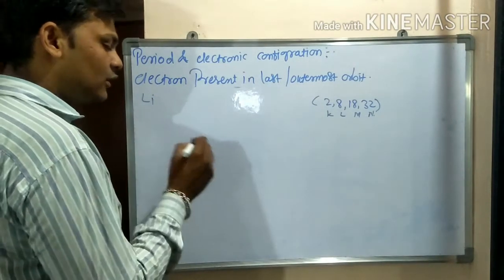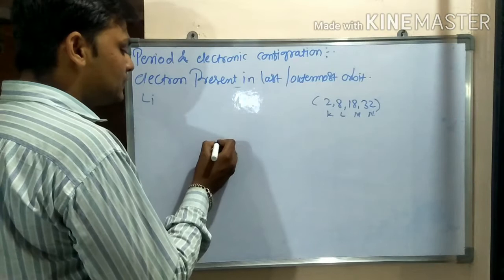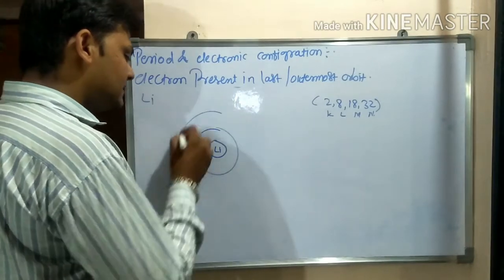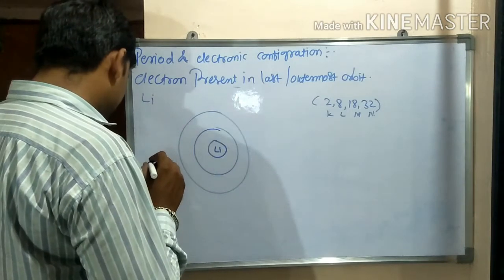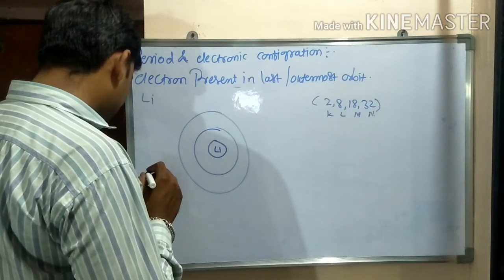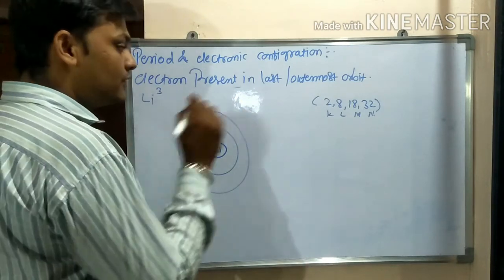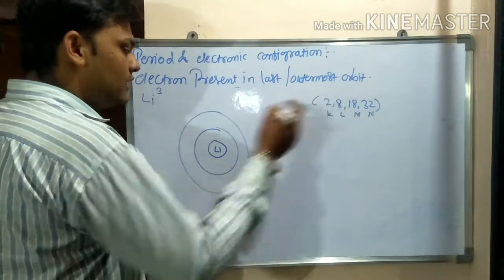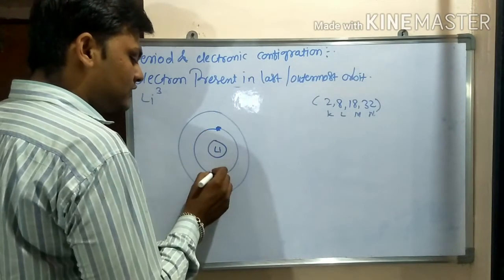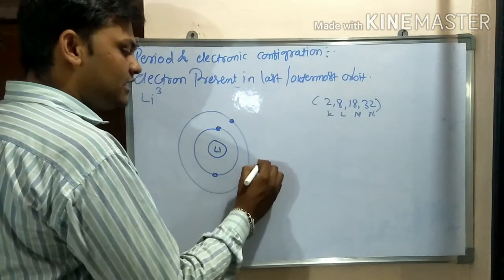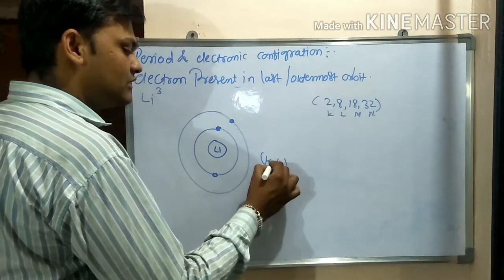To calculate the atomic structure of lithium, first we have to take the nucleus, which is made by Li, then the first orbit and second orbit. So lithium is at position number 3. For lithium with atomic number 3, we have to place these 3 electrons according to this rule. In the first orbit we place 2 electrons, so 1 remains, which is placed in the L shell. Means lithium is filled only in the K and L shells.